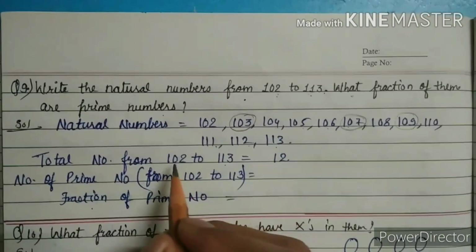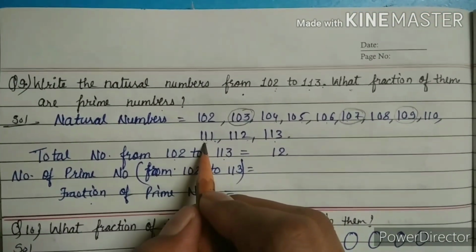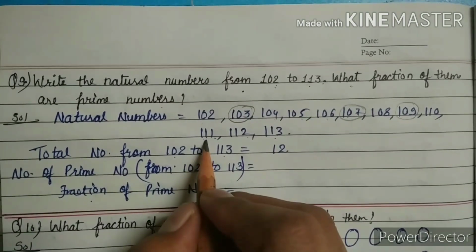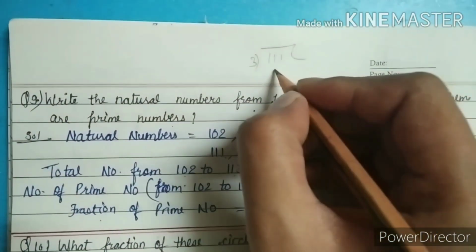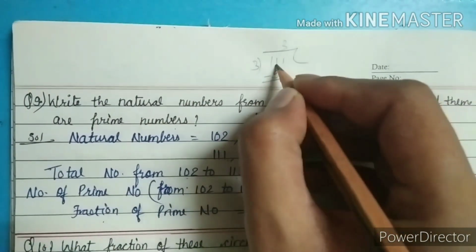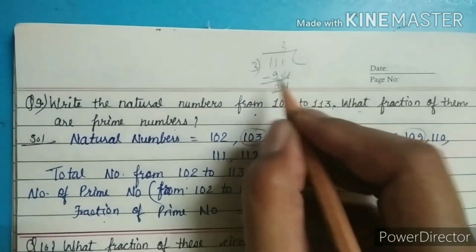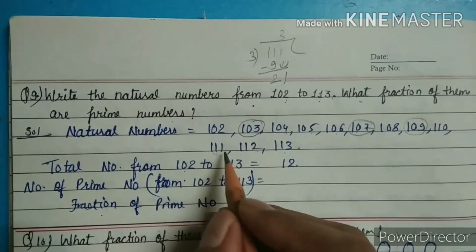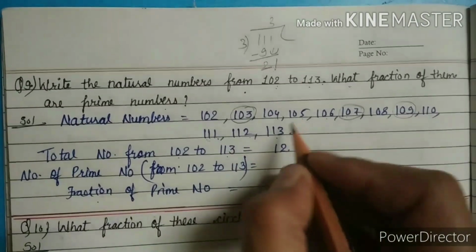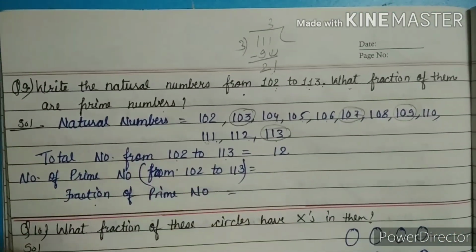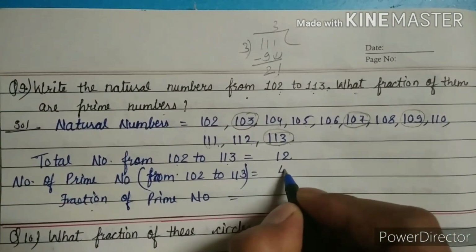Now 111, have you answered it? 111 is not a prime number because it is directly divided by the table of 3. You can see 3 3s are 9. Okay, 11 minus 9 is 2, and 1, so 21 is coming in the table of 3. Yes, 21 is coming in the table of 3. So 111 is not a prime number. 112 is even and 113 is prime. So how many prime numbers are here? 1, 2, 3, 4. 4 are prime numbers.